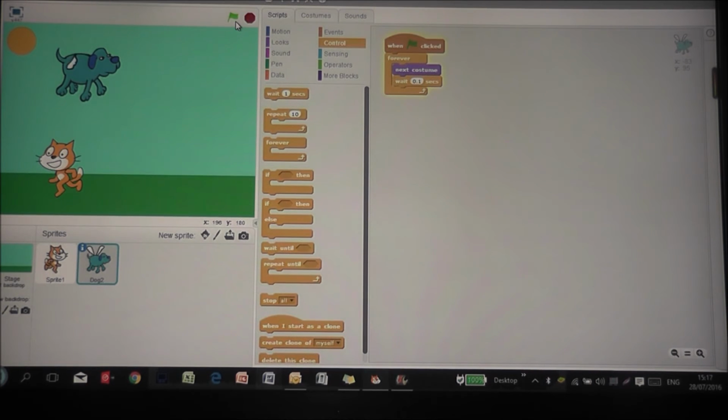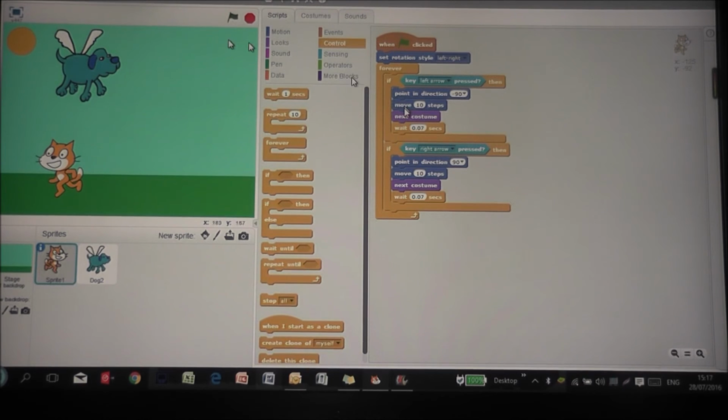So now it's flapping at a moderate pace, and if we look over here, we'll see when the green flag's clicked,